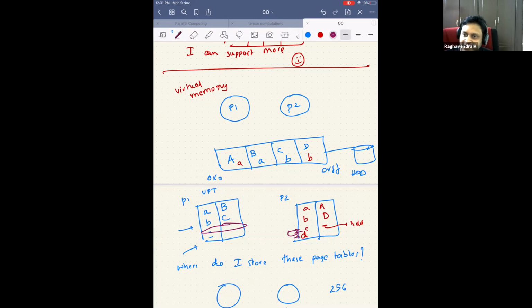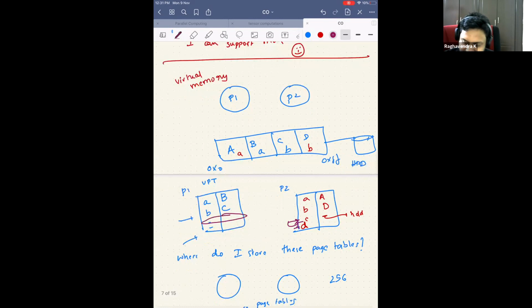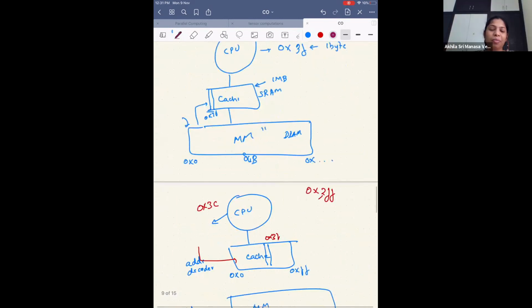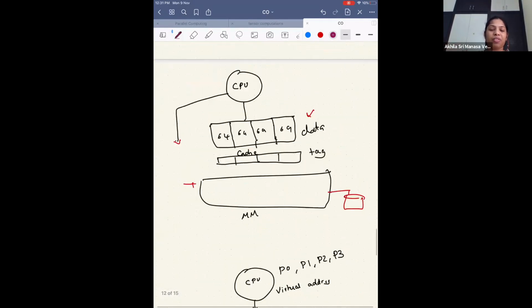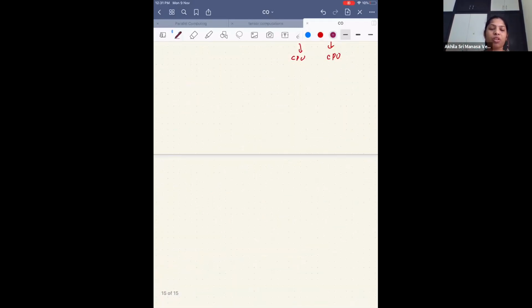You have seen this fault again and again. What is that fault called? When you run a program, sometimes it crashes and gives you a fault: segmentation fault. What is the segmentation fault? Maybe we are trying to access some part which is not in memory? No, it need not be in memory; it might be on the hard disk. Or the address itself is out of bounds? Nothing like that.